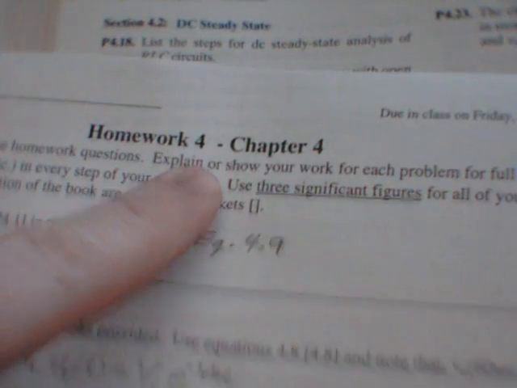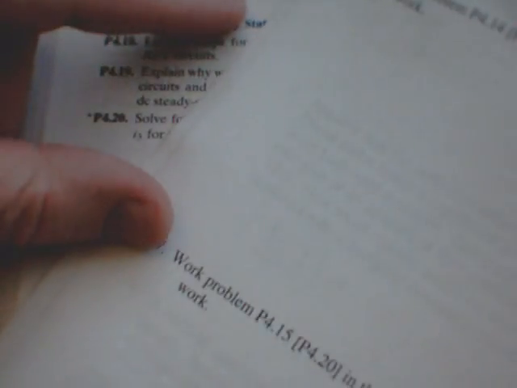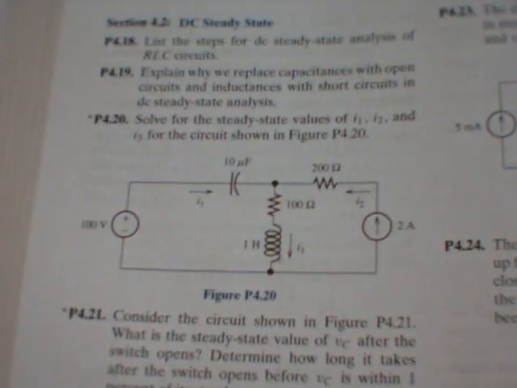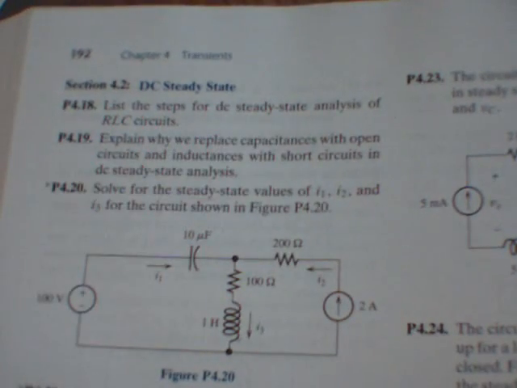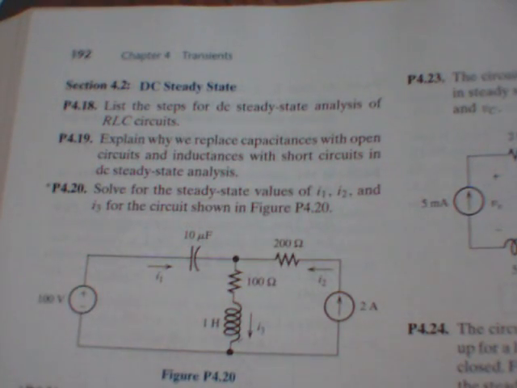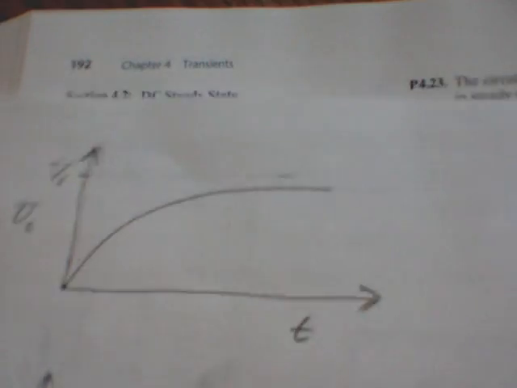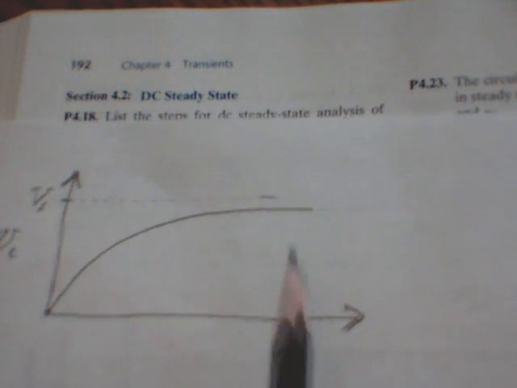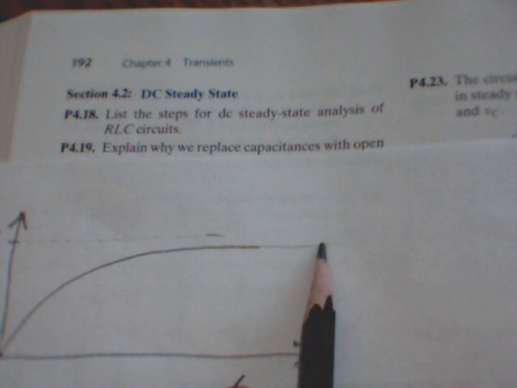Now let me give you some help on homework number 4, and we're now down to problem 6 and 7, and this involves section 4.2 on steady state currents. What that means is that if we go back to this plot that we've dealt with before in a previous video, steady state means wait long enough so that this is pretty much steady, so it's pretty much a straight